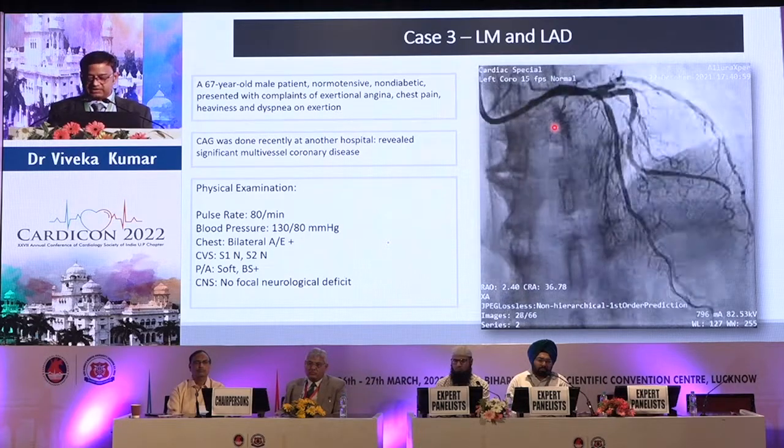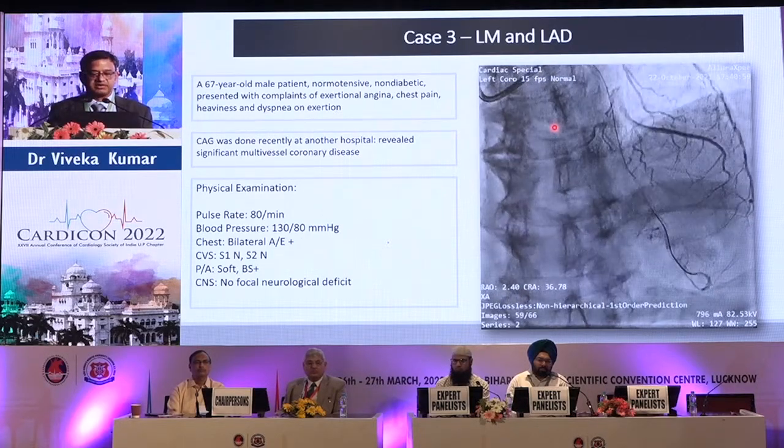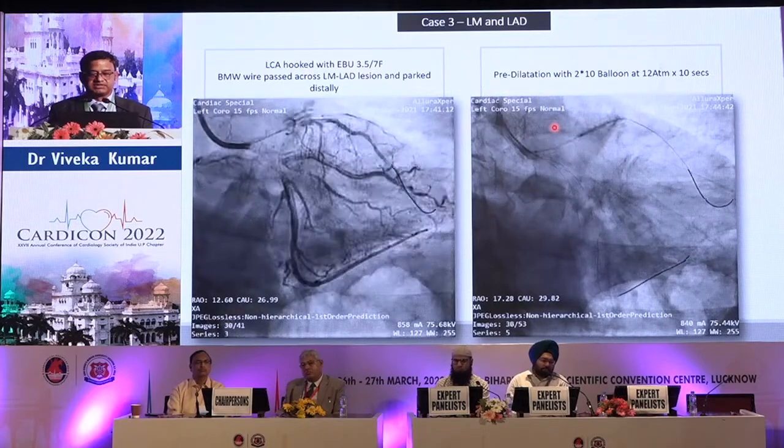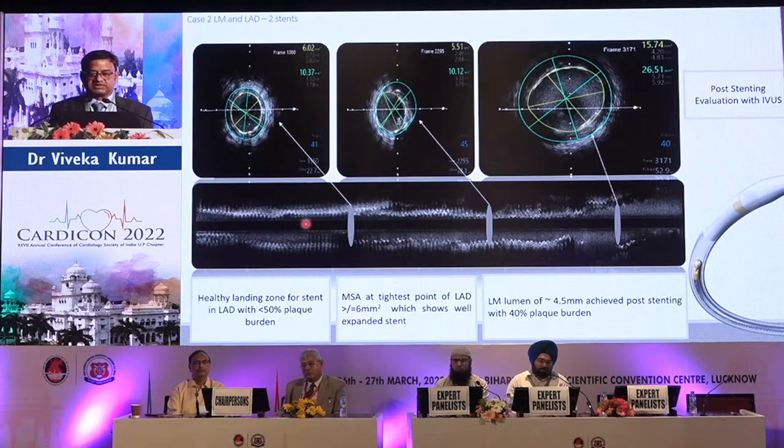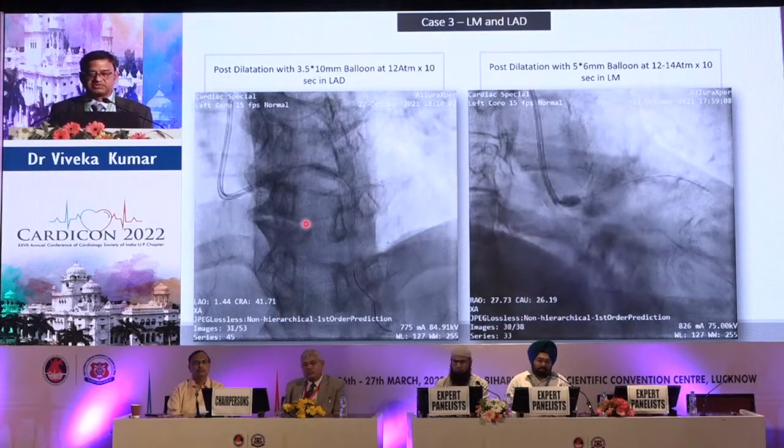So again, the last case, the patient had left main LAD disease. You can see that there was a lesion in the circumflex also. So again, imaging was done. The left main, which looked not significant, was having moderate plaque and would have come back with restenosis. So again, we did